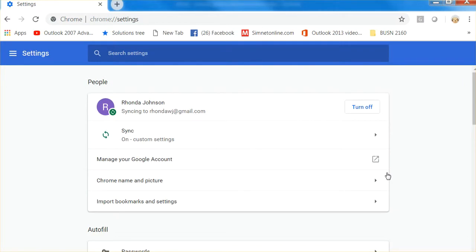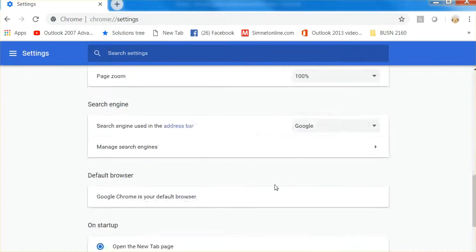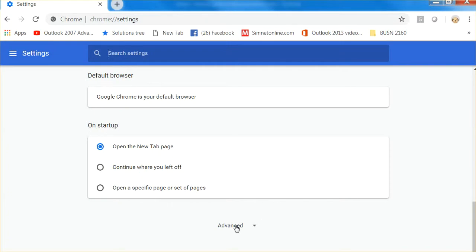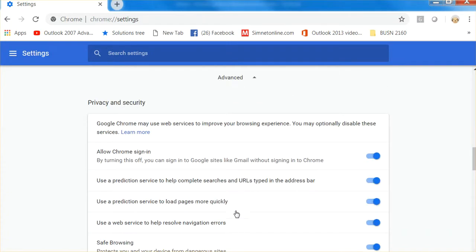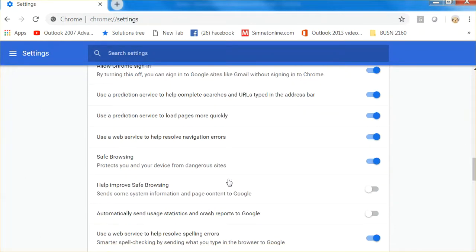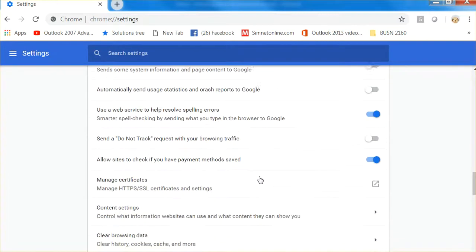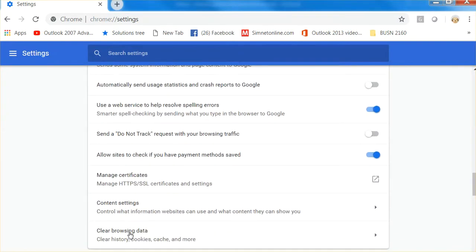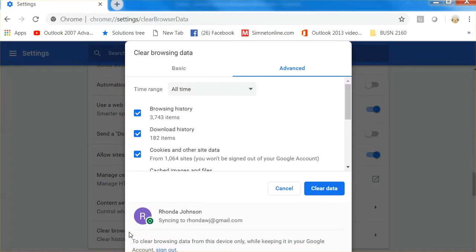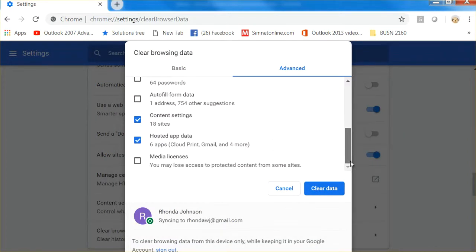While you're in Settings, move to the bottom. I hope you'll be able to see this. Click Advanced. If it doesn't pop up and open this, then move down and you'll be able to see these. If you are in this section, go to Clear Browsing Data, and then you can identify which items you want